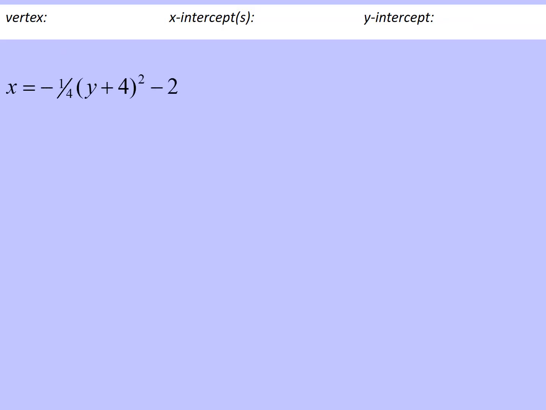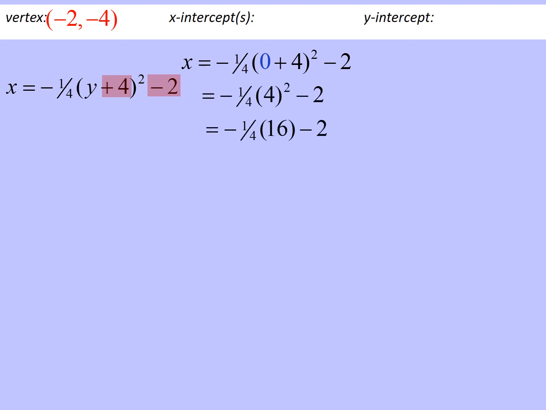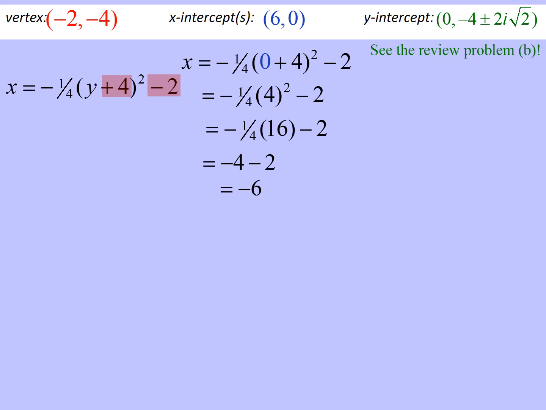Let's talk about what's the vertex. These are key points right here. So how do we put them in the vertex? Negative 2, negative 4. Find the x-intercepts. We let y equal 0 and we simplify. X is equal to 6 and y would be 0. Y-intercept. We're going to let our x equal 0. We could take a look at problem B, but if we have an I in our problem,